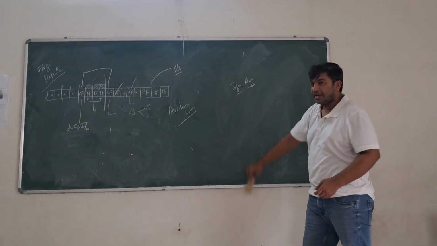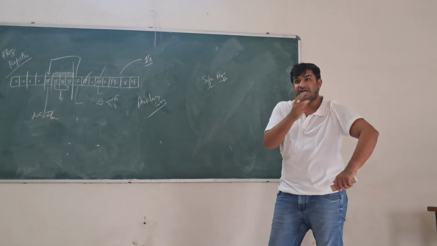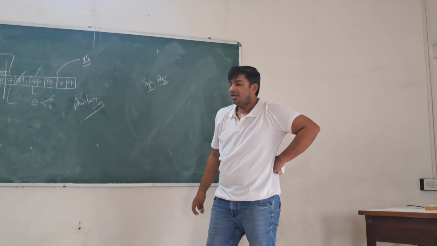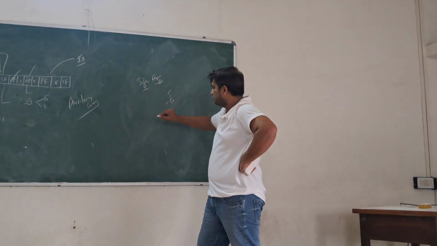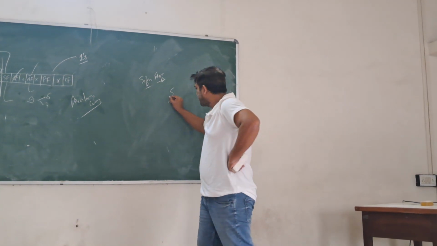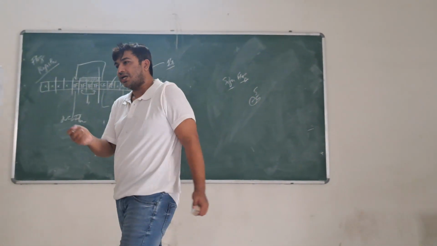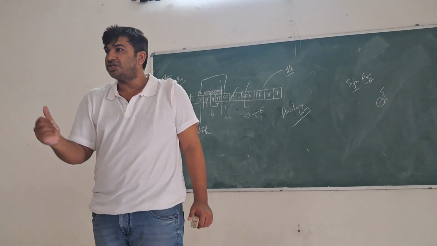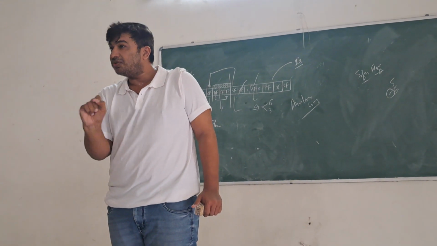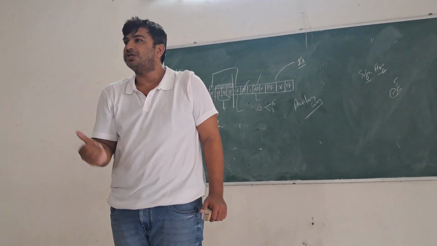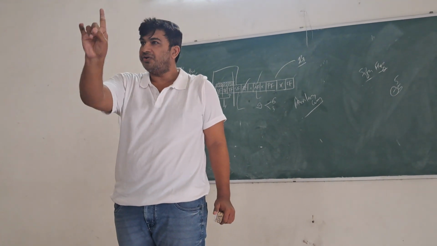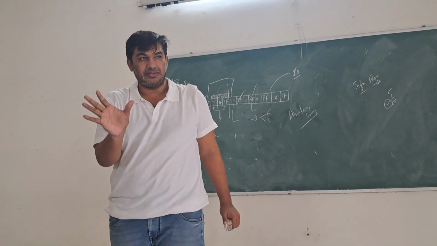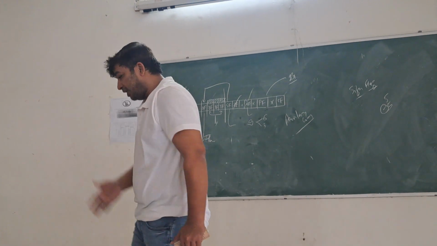But now, the system that we are following is signed numbers. Our number can be positive, our number can be negative. How to write down 5 or minus 5? Like this. It is simple. But how to write down this minus into your computer? You can't write down a dash in your memory location. In your memory, everything is in binary. 1010 1010. Understand? So to write down this dash, you need to write down some 1 or 0. So what we are doing? We are using 1 for representing minus, 0 for representing plus.